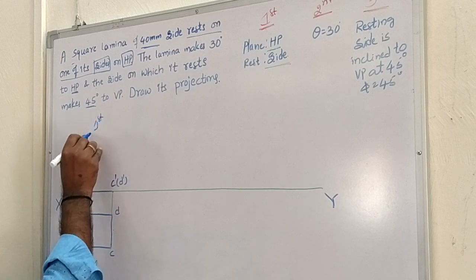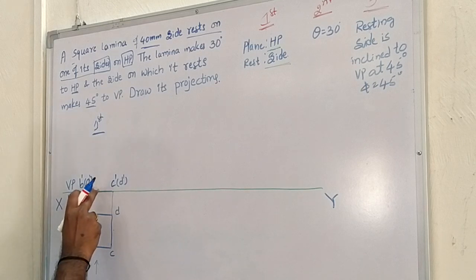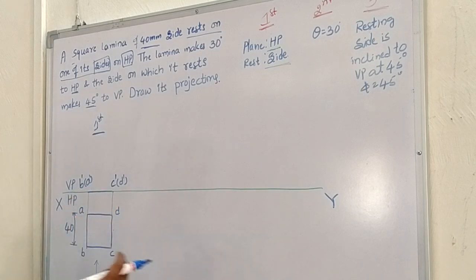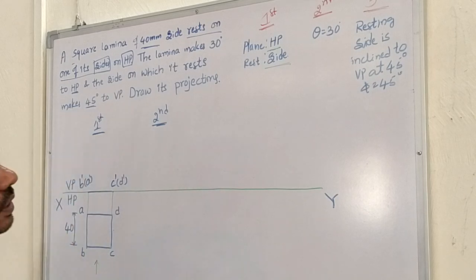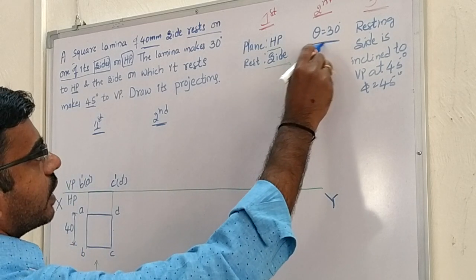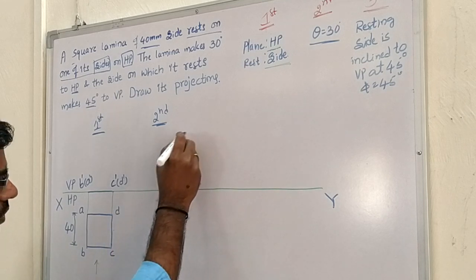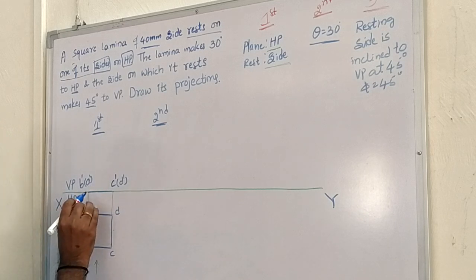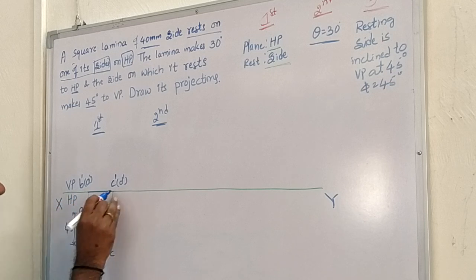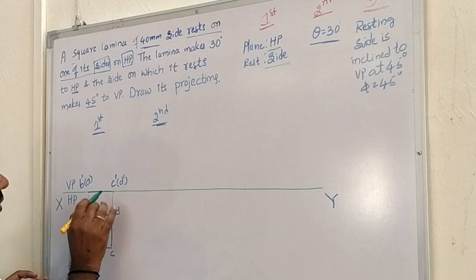These are the first set of front view and top view. With the help of the first set of views, we will draw the second set of views, that is the second position. See what the given details are for the second portion. Theta is the inclination, so we have to draw 30 degree above the XY line. Here I want to rotate this front view. In this front view there are two points, one here and one more here. Which is the resting point of these two? This is the resting point.